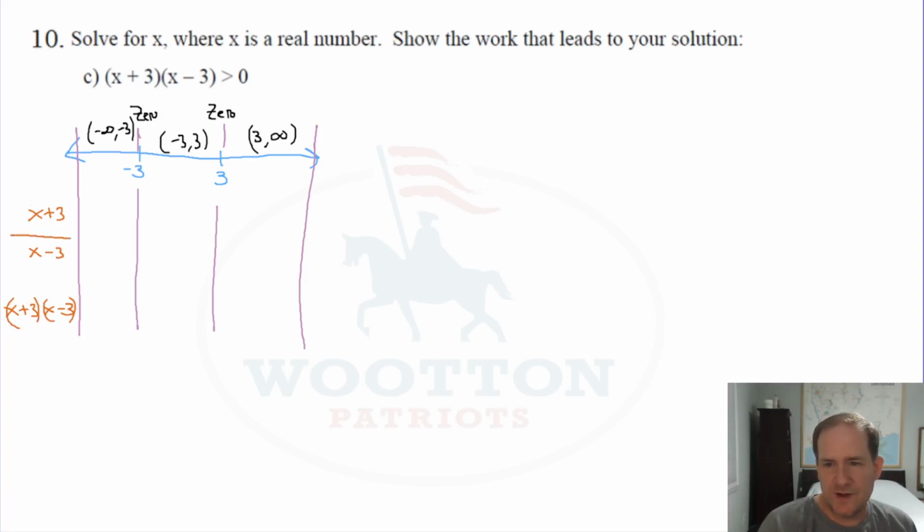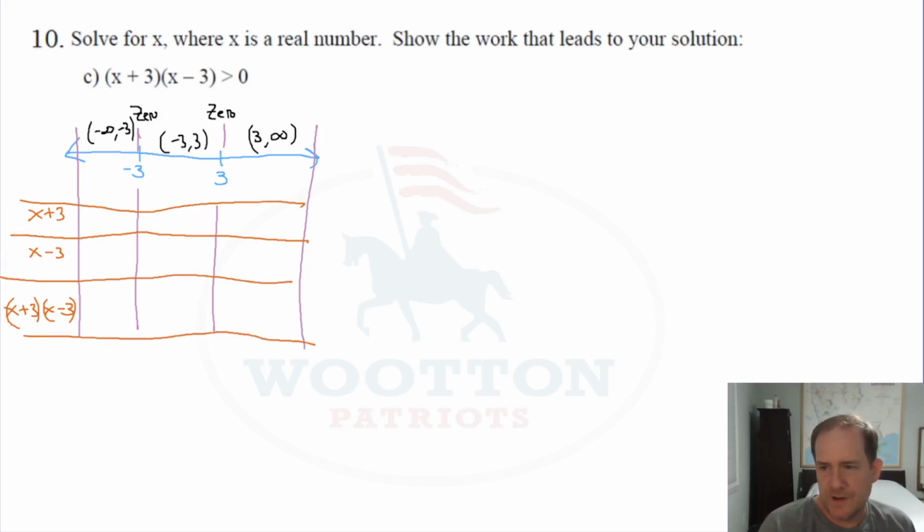So give all of these guys rows. You get a row, you get a row, you get a row, and you get a row. And so it's very easy to tell just the sign. I know that if I'm less than -3, then adding 3 won't make me positive. I'll still be negative. But as soon as I'm bigger than -3, then adding 3 will make me positive, including